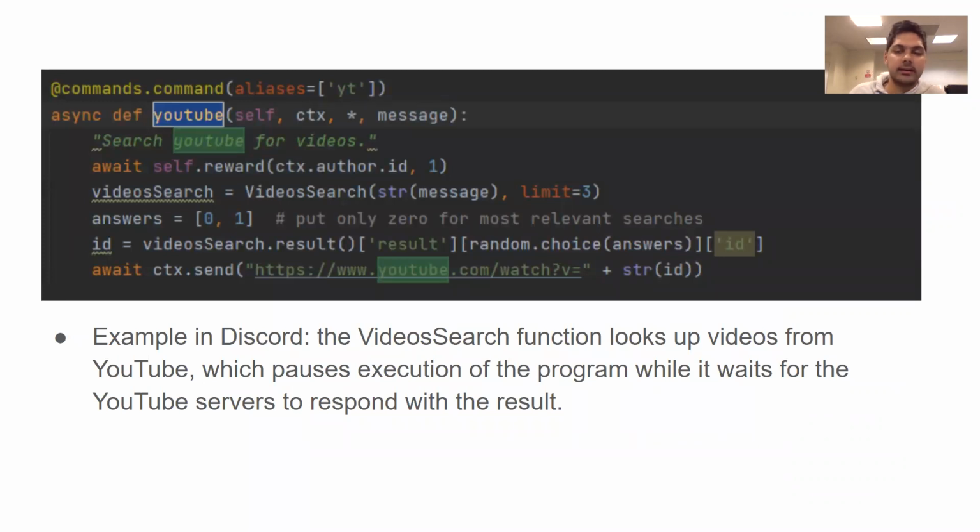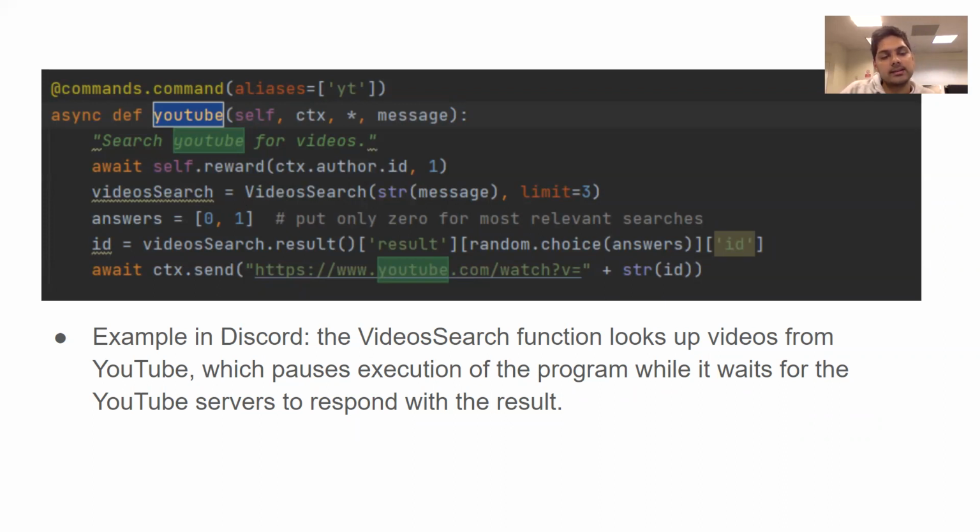And this is an example of a command I use on my Discord bot, the YouTube command. Some of this is abstracted away because it's taken care of in the libraries, but we have to wait for a query to get the video result. This one is actually a synchronous helper function, where self.reward is updating the experience points in my database for every person that uses the YouTube command. For basically any command I have, I give them 1 experience point for using a command.